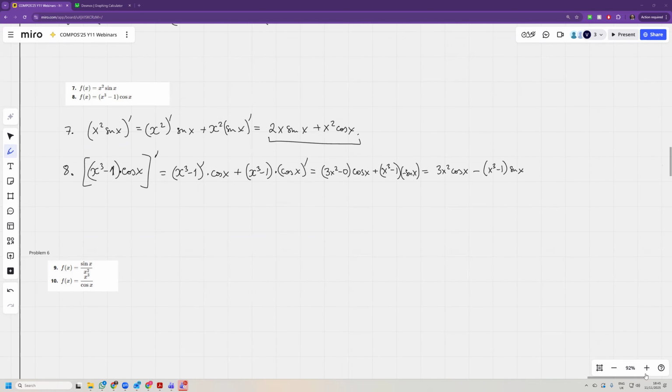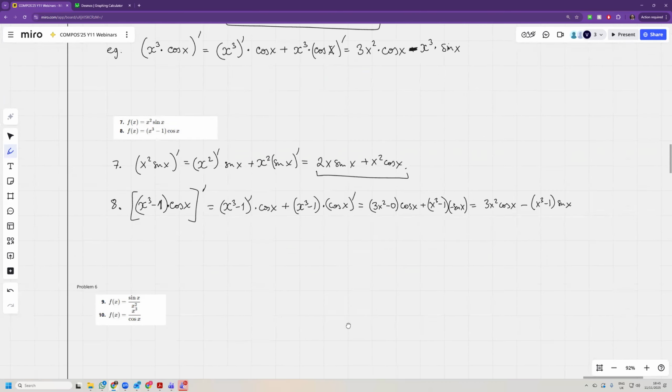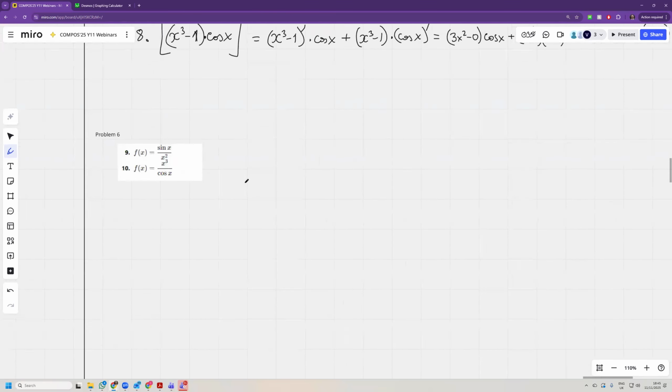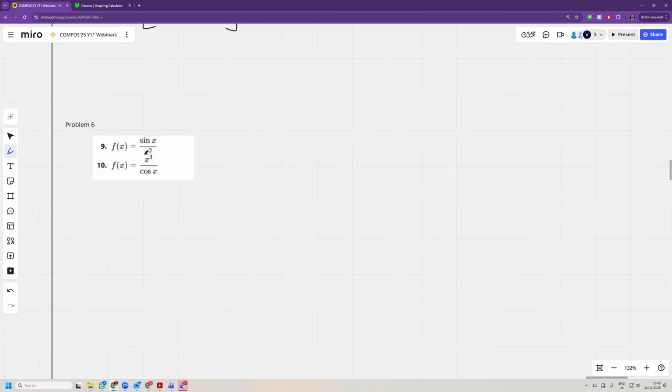Now the next rule is the quotient rule. The quotient rule is very similar to the product rule, but instead for division. The quotient rule says if you have u divided by v, dash, the derivative,